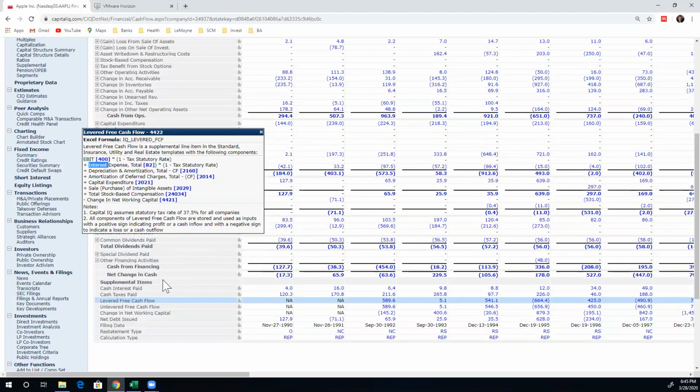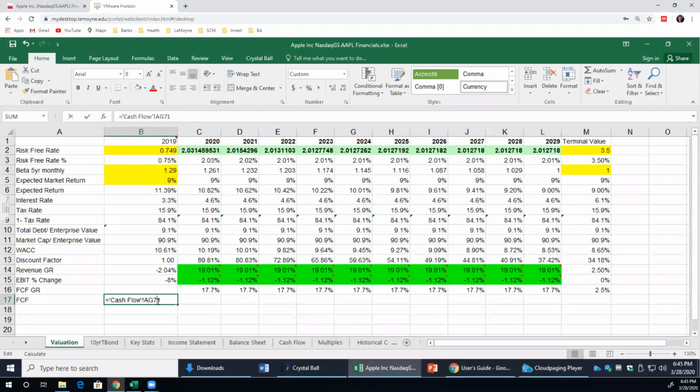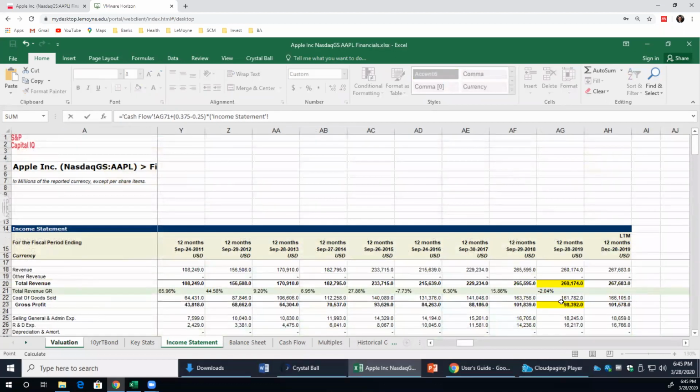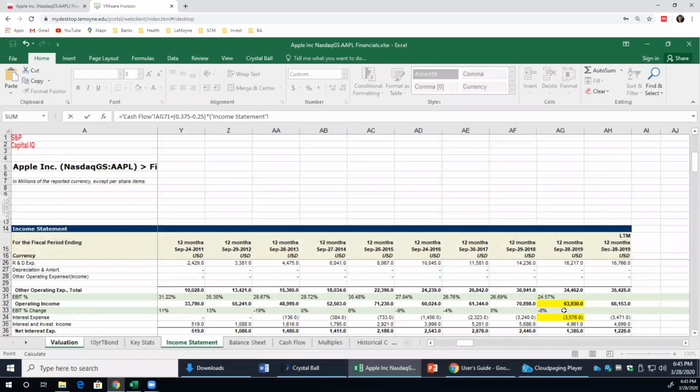That's why interest expense, I need to add that back. All right, how am I gonna do that? Let's go back to my model. So I need to add to this calculation. Again, 0.375 is their assumption, and mine is a 0.25 tax rate. The difference is 12.5% times, I will consider EBIT from the income statement for the most recent data, 2019, which is